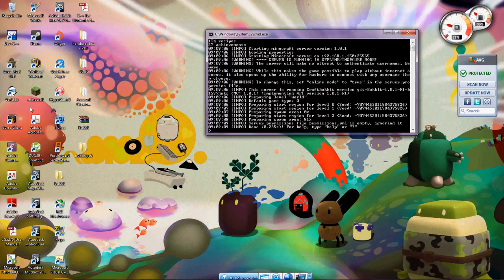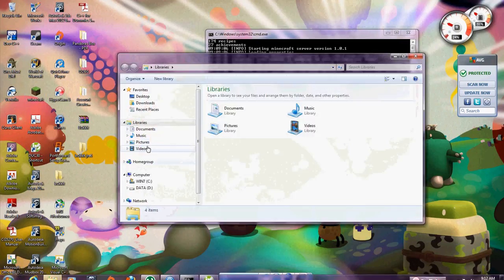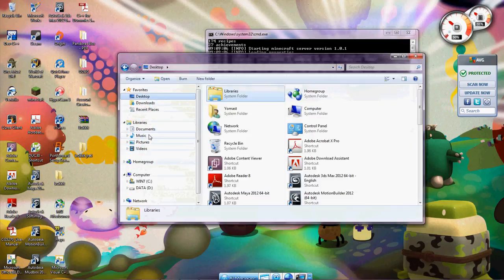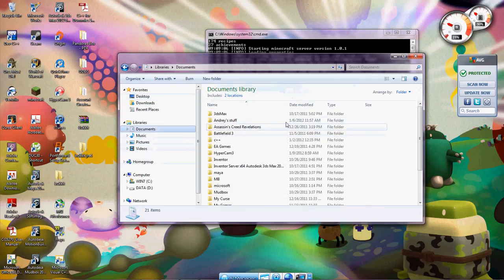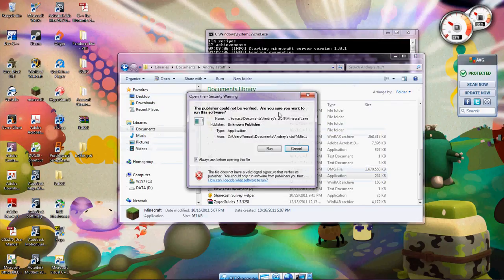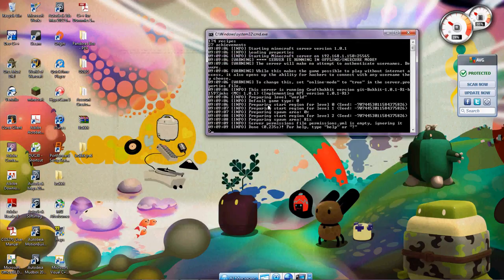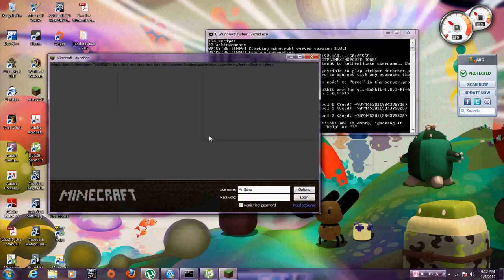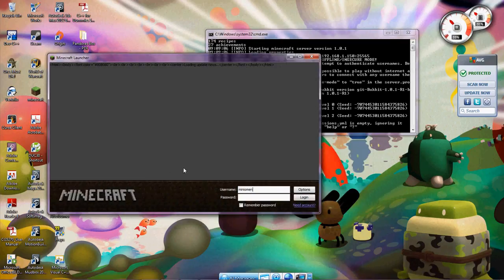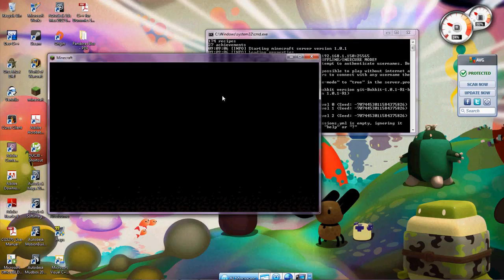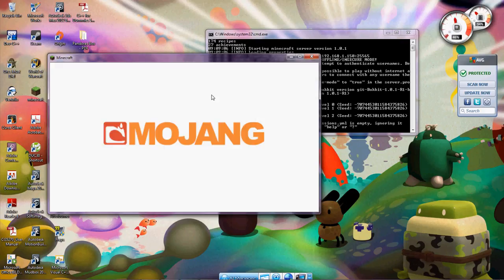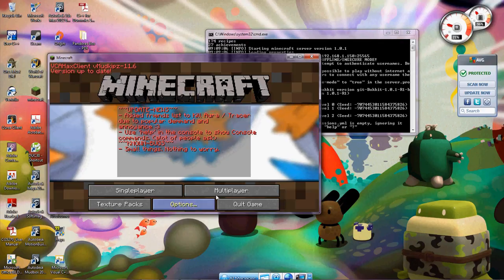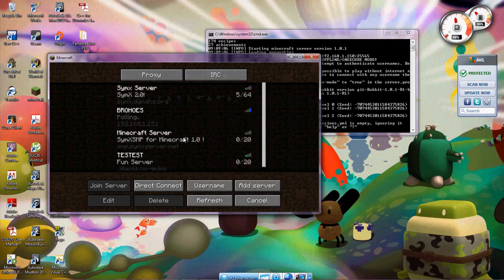All you have to do is, if you have premium, just log in. If you don't, where's my premium? If you have premium, you just log in here. I just said that like 4 times. And you can log into your Minecraft server as premium, depending on what you set it to: online mode, false, or true. There you go,